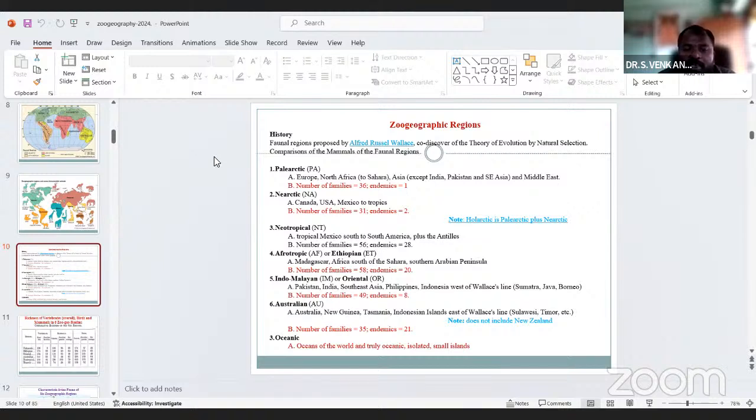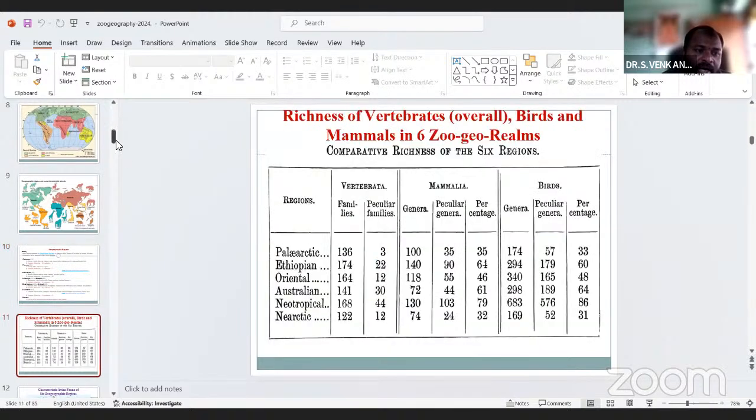The Australian region has 35 families, and endemics are 21. Then the ocean region, the oceans of the world, and truly oceanic islands, small islands. So this shows how many families are living in each geographical region, how many species are present, and how many were living in the past.